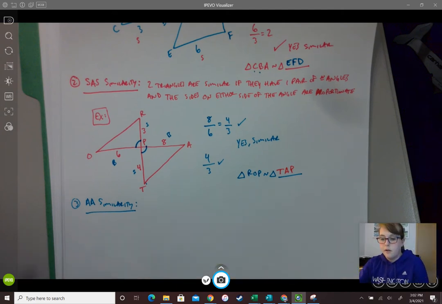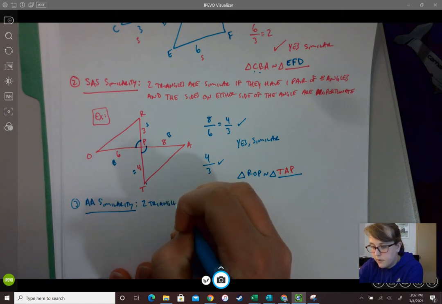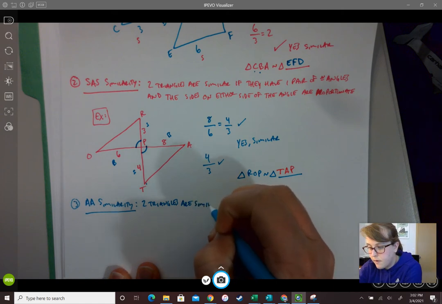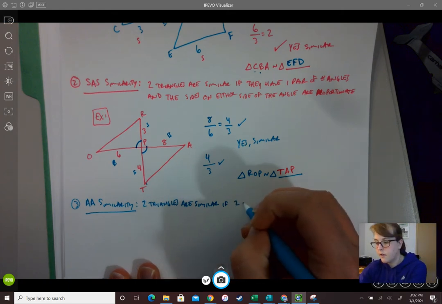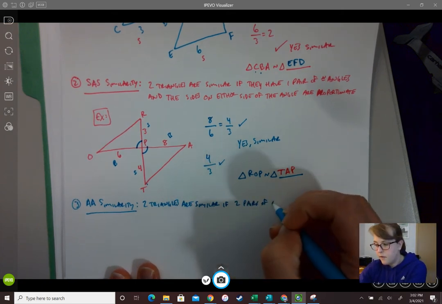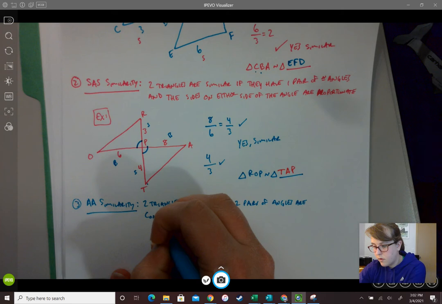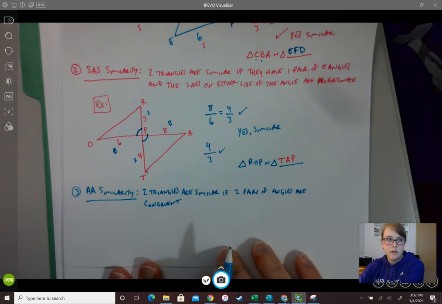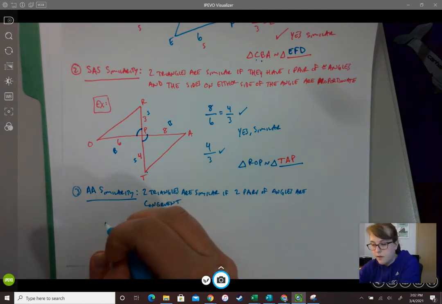Okay, so AA similarity says two triangles are similar if two pairs of angles are congruent. Okay. So there's a couple different ways that this can look. I'm going to start with, for example,